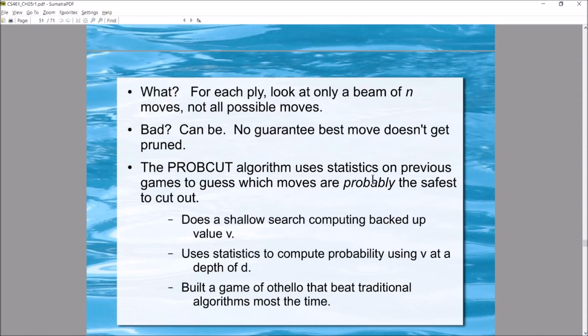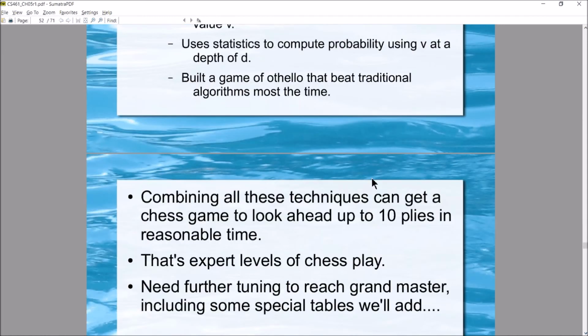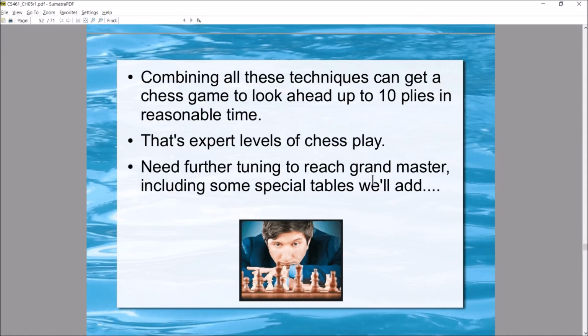So based off of this algorithm, computer scientists and programmers were able to build an AI for Othello that beat traditional algorithms, the other types of algorithms we studied so far, most of the time. Now, a bunch of different techniques went into this, some in more depth than others, but combining all of them together,